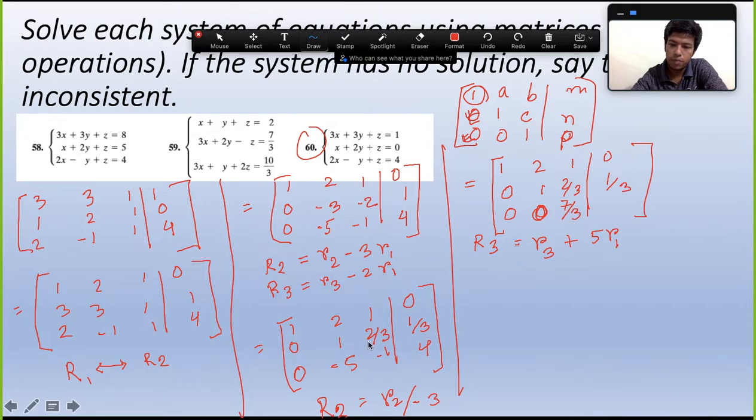Let's check again. 5 into this, 10. 10 by 3 minus 1. So 10 minus 3, LCM is 3, so 10 minus 3 equal to 7. 7 by 3. Then multiply this also by 5. So it is 5 by 3 plus 4. 5 by 3 plus 4 equals what? 5 divided by 3 plus 4, 12. 5 plus 12 equals to,